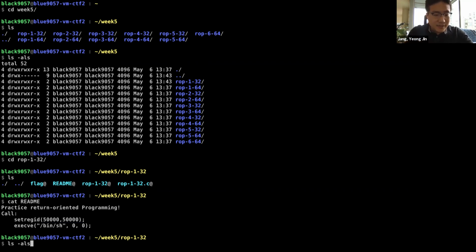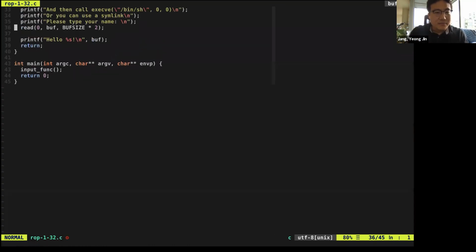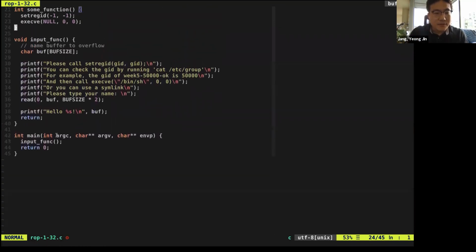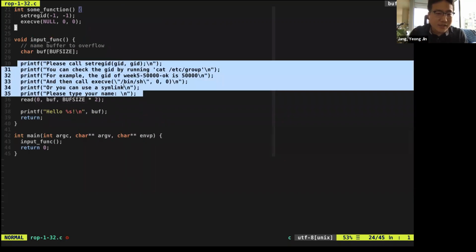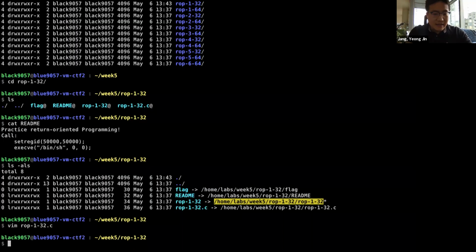So let's start with ROP 1, and let's take a look at the source code first. This is just a simple buffer overflow vulnerability program. We have an input function here in main, and what it does is print out some description and receive our input bigger than the size of the buffer. So there's a buffer overflow vulnerability, but the problem is that,